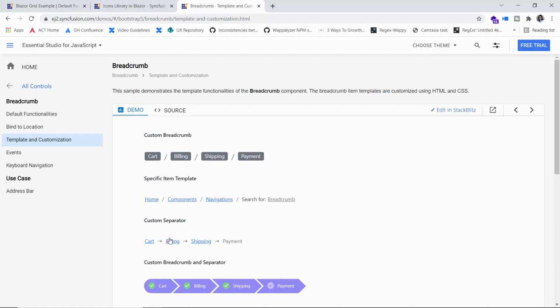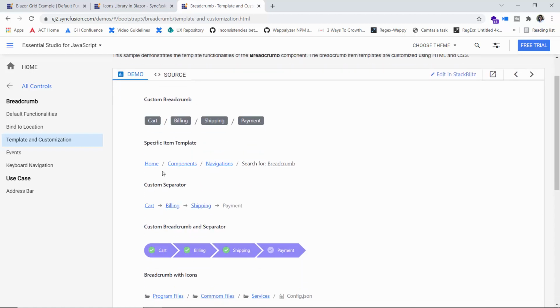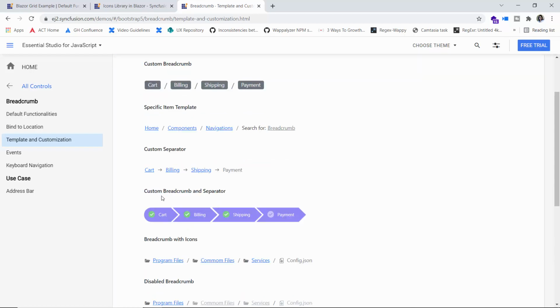And you can also customize the separator. We have already seen the front slash is used as the separator by default, but here you can see it is being replaced with an arrow icon. And here you can check the custom breadcrumb and how it is separated in a beautiful way.